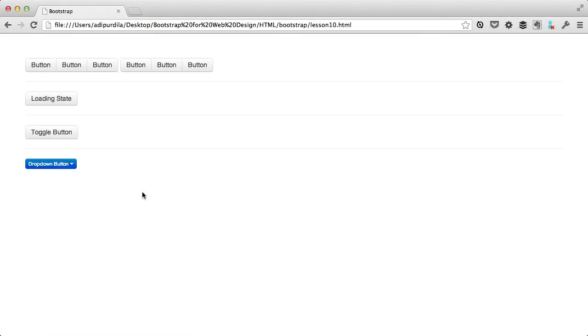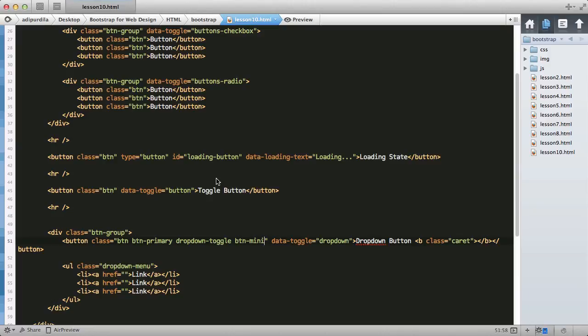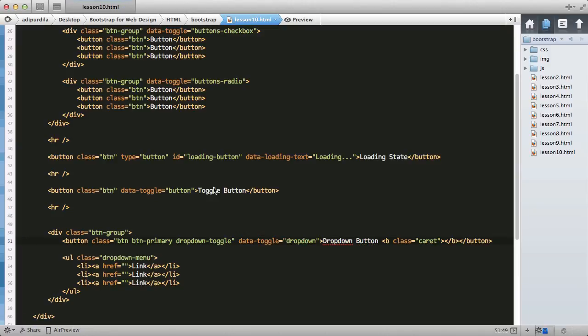Now, split button drop-downs are also available, and they will add a separator between the text and the drop-down arrow. The markup is really easy. Simply create two buttons instead of one. And also, the button sizes are also available. So let's see an example. So on our example right here, we have a btn group, which is correct. And I'm gonna add another button,